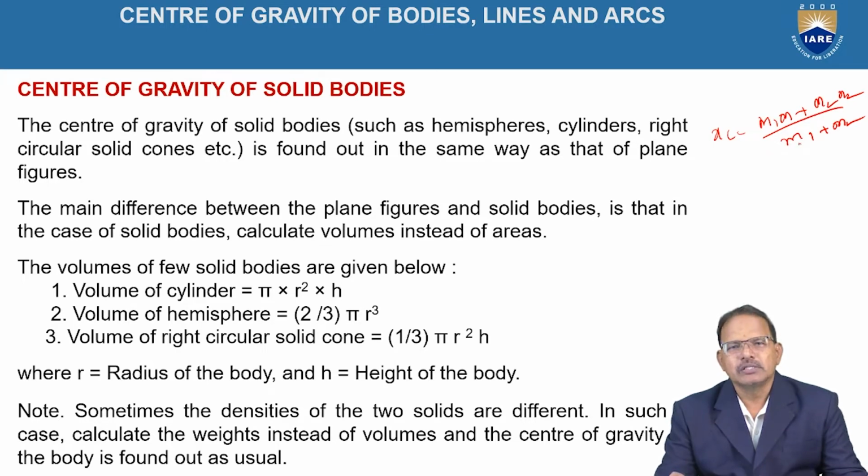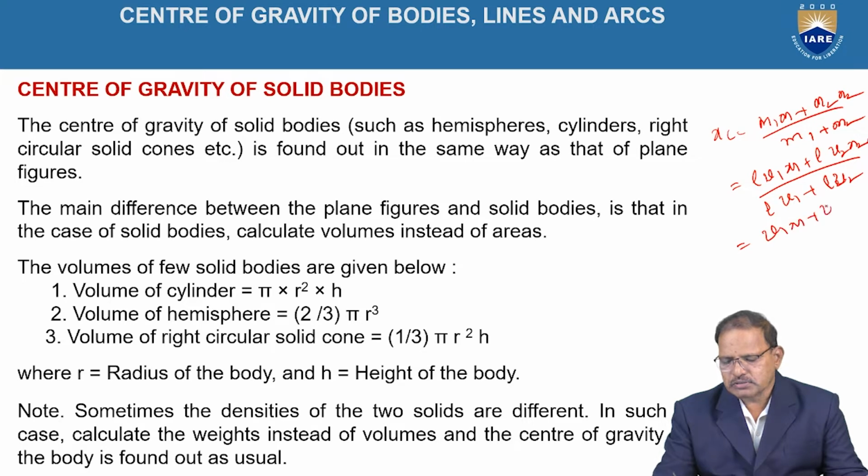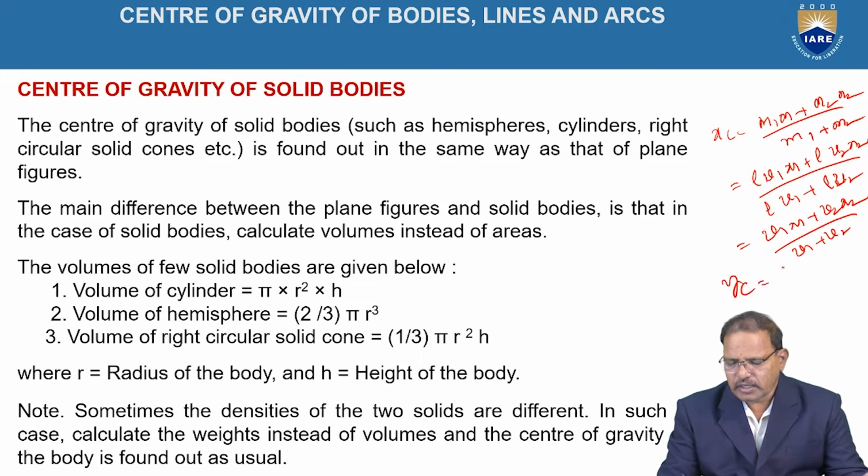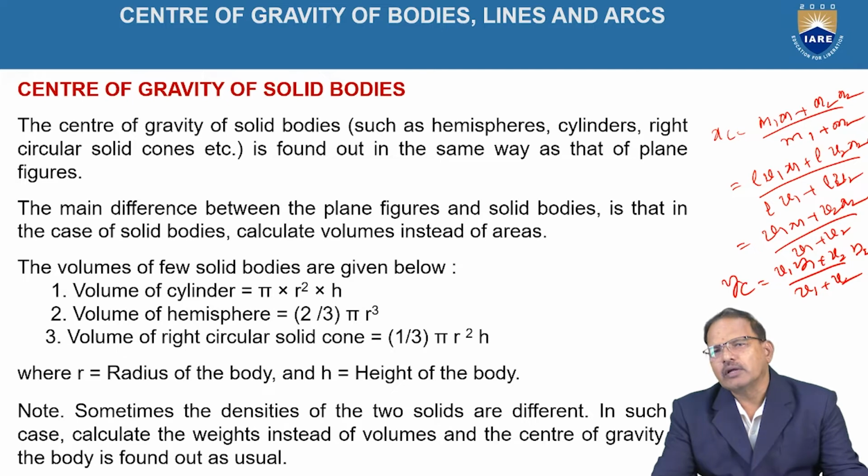If the density of the metal is constant, the modified equation can be taken as rho v1 x1 plus rho v2 x2 divided by rho v1 plus rho v2. Since rho is a constant, the modified equation is v1 x1 plus v2 x2 divided by v1 plus v2. Similarly, yc is equal to v1 y1 plus v2 y2 divided by v1 plus v2. Regarding the equations, there is not much difference between three-dimensional objects and two-dimensional objects,